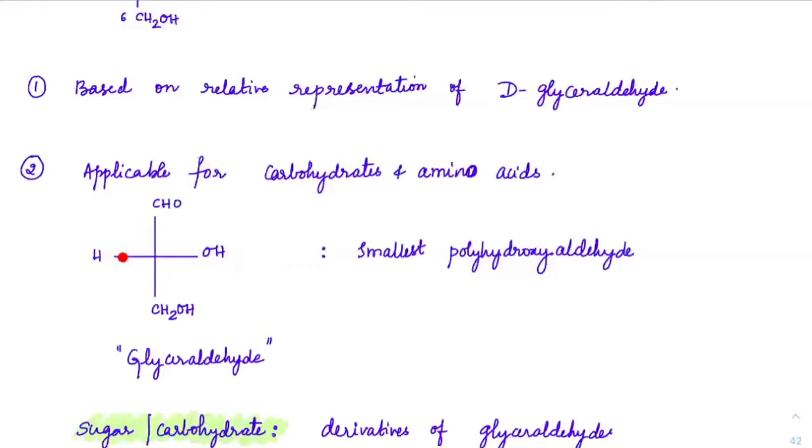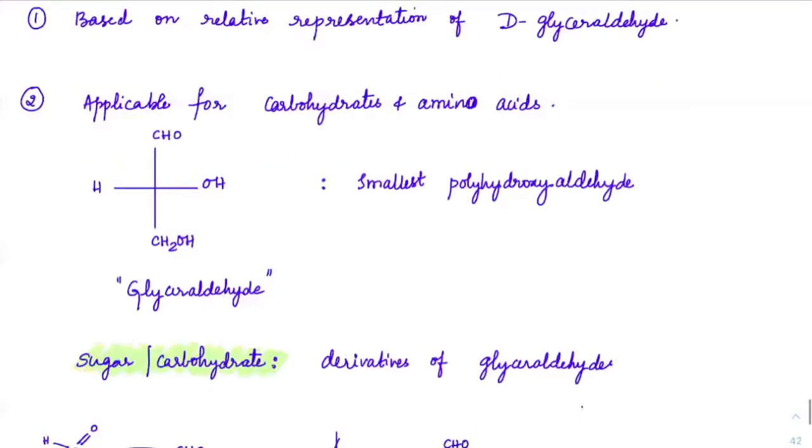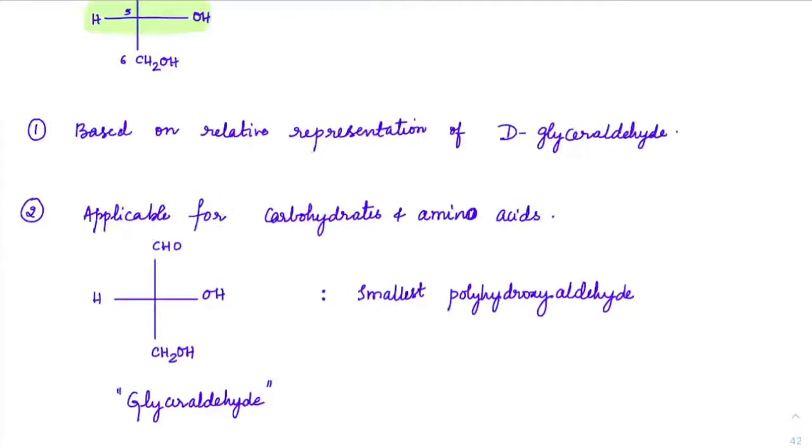Acha, what is a sugar, by the way? Sugar means nothing but polyhydroxyaldehyde or ketone. Any polyhydroxyaldehydes or ketones are called sugars. Whatever the sugar which we eat or everything, those are all made up of what? Polyhydroxyaldehyde or ketones. Clear, everyone? Now you can see glyceraldehyde is also polyhydroxy and an aldehyde, and this is the smallest form of sugar we can get. So this is the smallest polyhydroxyaldehyde which you can get. Okay, that's why this is taken as a reference.